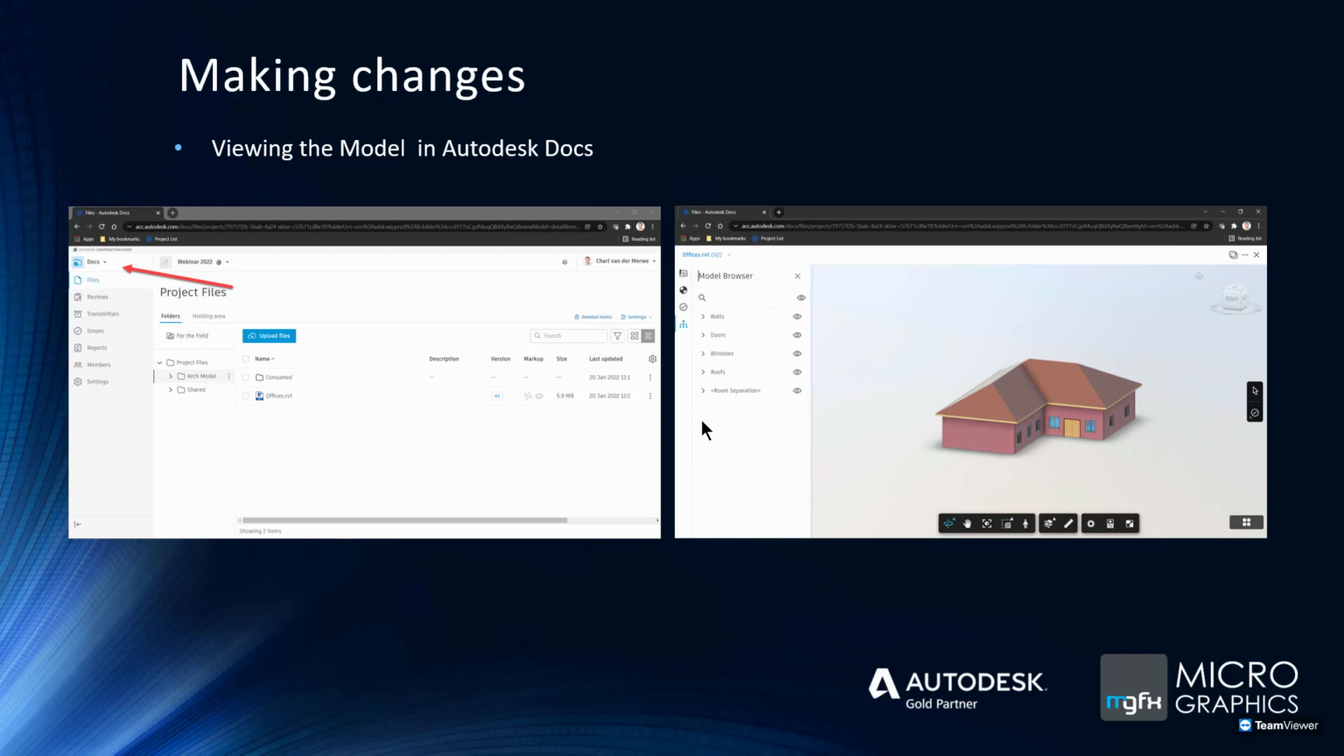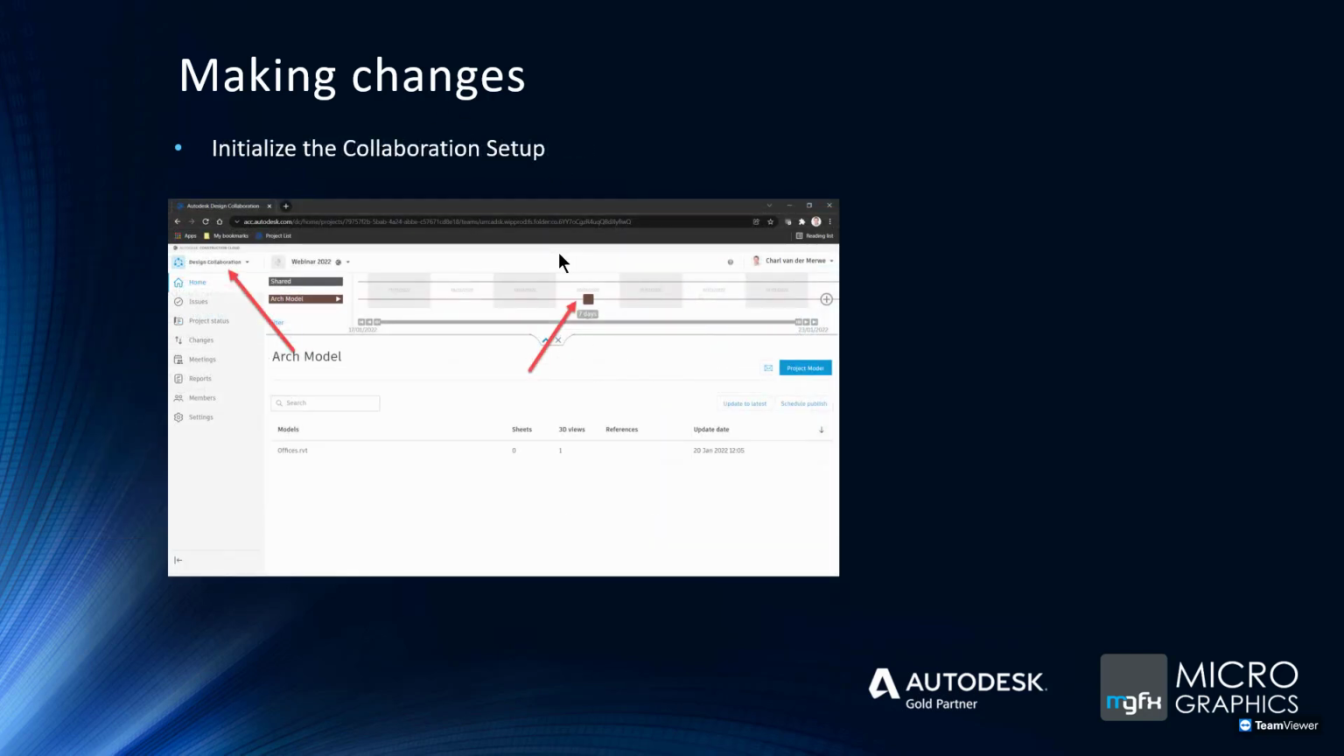If he's got the AEC collection, he can do that, so he doesn't have to purchase additional software. Right, we'll look at viewing as well. That's obviously not making changes yet, as is viewing, but then we'll also look at initializing this collaboration